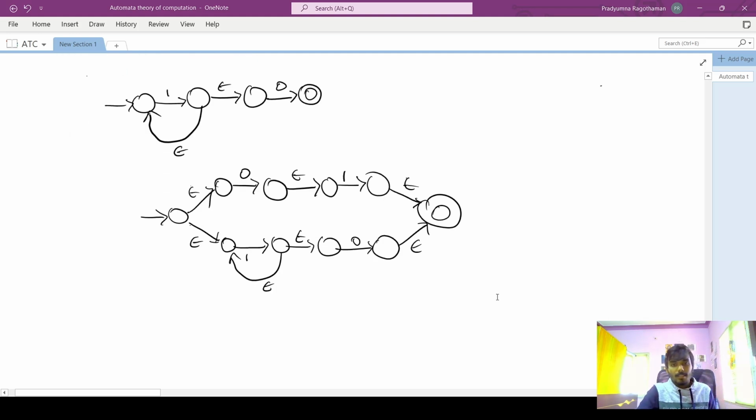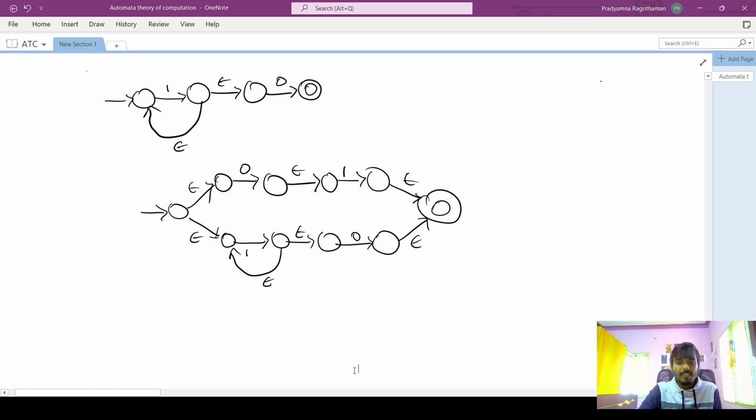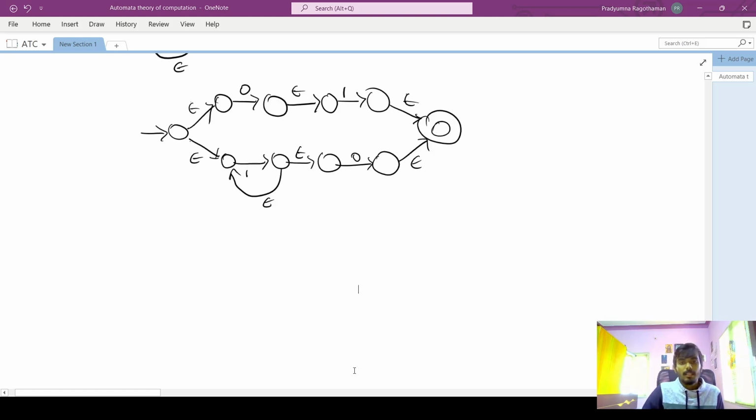Like we did in the previous automata, let's minimize this so that we can apply the state elimination method for this, and we can have a complete understanding of how to do the state elimination method completely. So we have